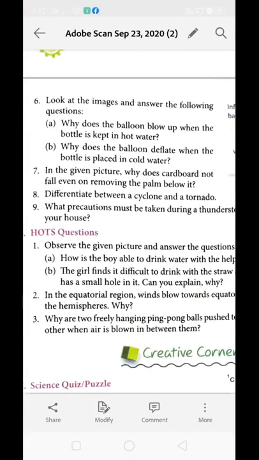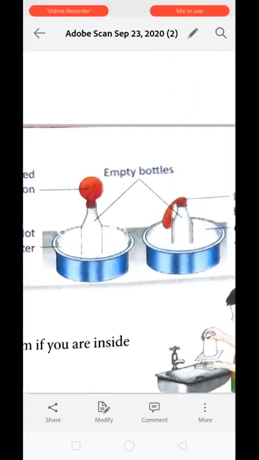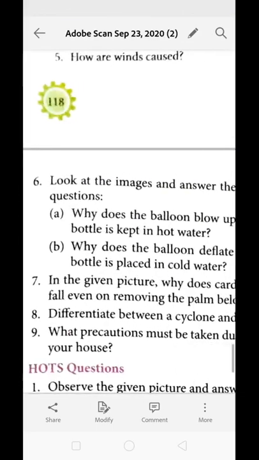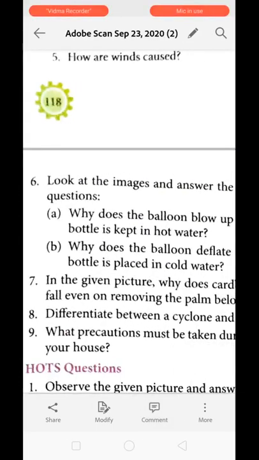Look at the image and answer the following question. First, look at the image carefully. This is your image. Now, the first question is, why does the balloon blow up when the bottle is kept